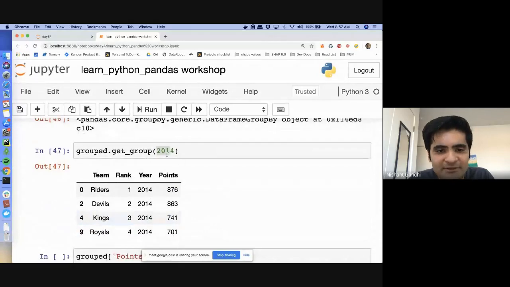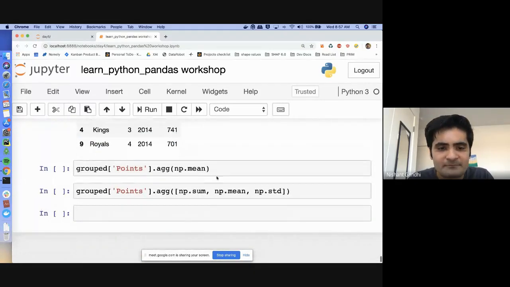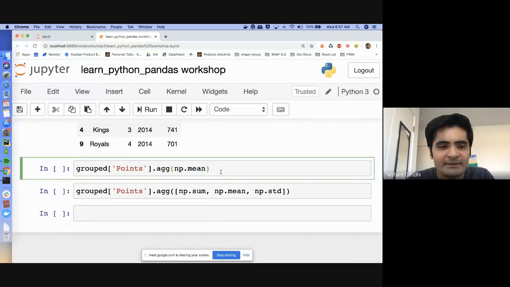You can get only year-wise because this group was created using year. If this group had been created using team, you could have passed team here, and then get the data frames that were filtered or sorted by the team. And finally, you can apply